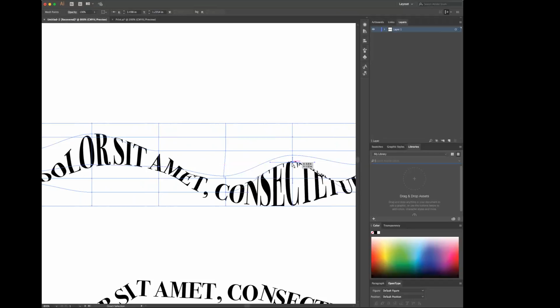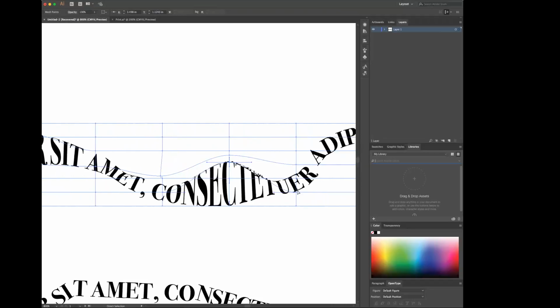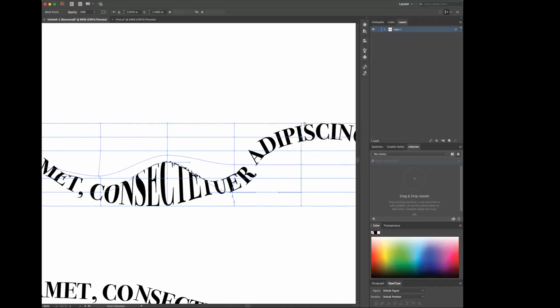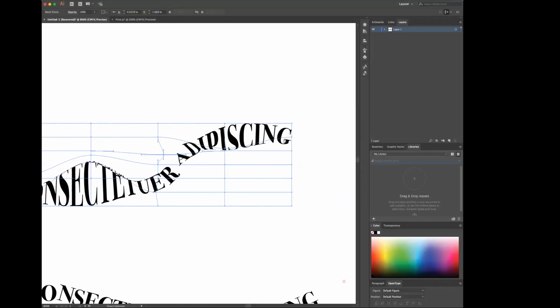So just by simply adjusting one of the mesh anchor points, it will give you a really cool effect. And this will come in handy with your Illustrator portrait too. You can bring them in.